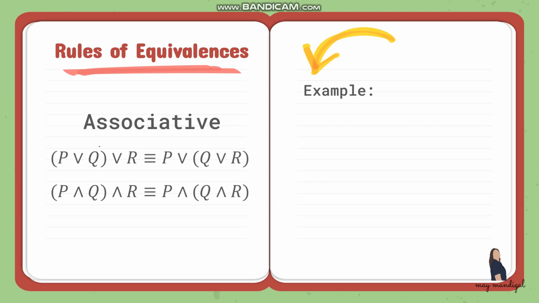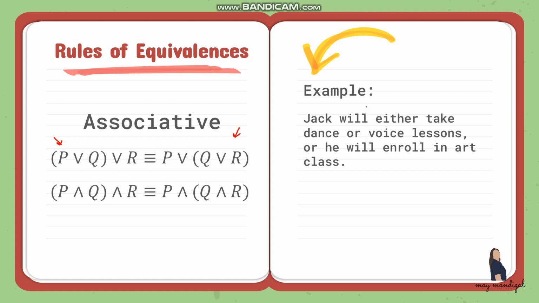So we have here P or (Q or R) is equivalent with (P or Q) or R. What happened here is that the grouping symbol was at Q or R, and then you just have to move it to P or Q, and still the two are equivalent. Same if we're using and. So P and (Q and R) is equivalent with (P and Q) and R. Example,